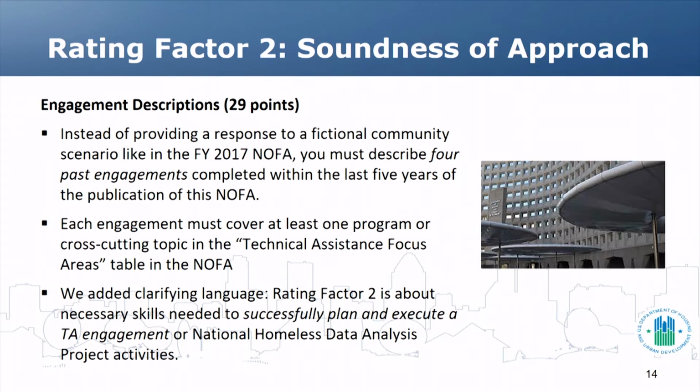We have eliminated the 5 different fictional scenarios from previous NOFAs. Instead of providing a response to a fictional community like in the fiscal year 2017 NOFA, you must describe 4 past engagements you have completed within the last 5 years from the publication of this NOFA. Each engagement must cover at least one program or cross-cutting topic in the Technical Assistance Focus Areas table in NOFA Section 1A, 1B. If you have not provided TA or conducted other activities in any of the programs or cross-cutting